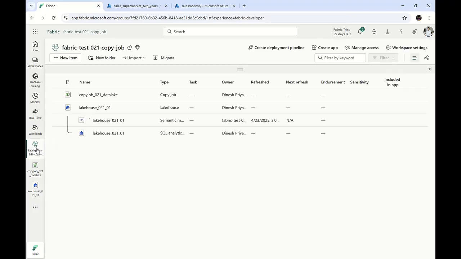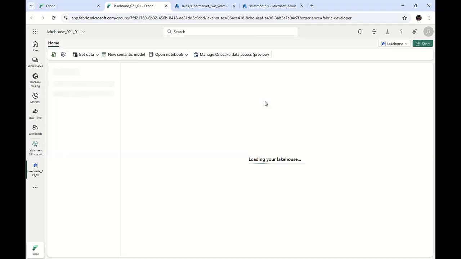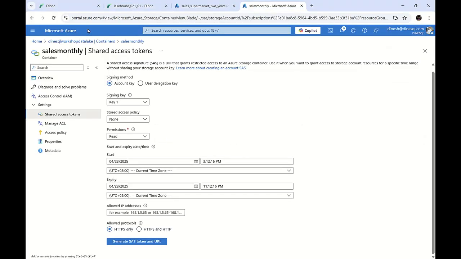Let's go back to the workspace. Let's open the Lakehouse. Let me open it in a different tab. Let's go to sales folder and see. I can see 3 files. Now what I'm going to do is I'm going to add one more file to my container, and let's see whether copy job picks that file as a part of the next execution and then brings that file into this lakehouse. Okay, let me go to my container